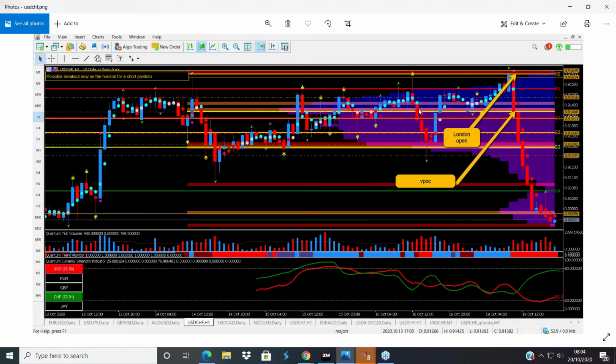You can see here why it was the volume point of control. You can see the number of times it tried to break away, come back, go to the downside. And so it's where the market is in agreement. There is no strong bias one way or another. We can see that reflected in the CSI down here. Because we have these two lines representing the currencies, they will intertwine, they will look as though they're going to diverge, and then they'll come